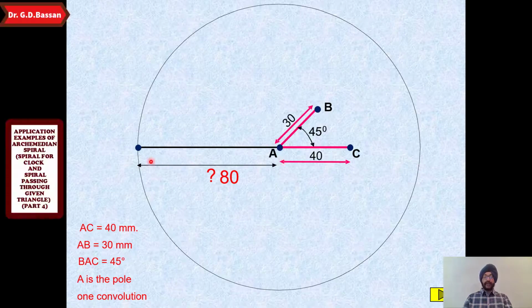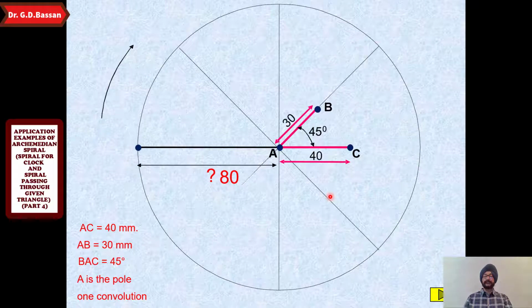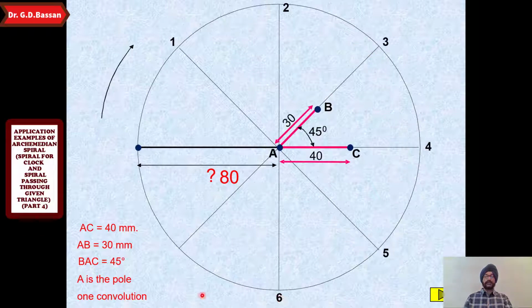Now once you have found out the final radius vector, then I think drawing Archimedes spiral is very easy. That is a similar procedure to what we did for solving all these examples previously. Divide the circle into a number of equal parts. Now give the numbering, say 1, 2, 3, 4, 5, 6, 7 and 8 will be the final one.